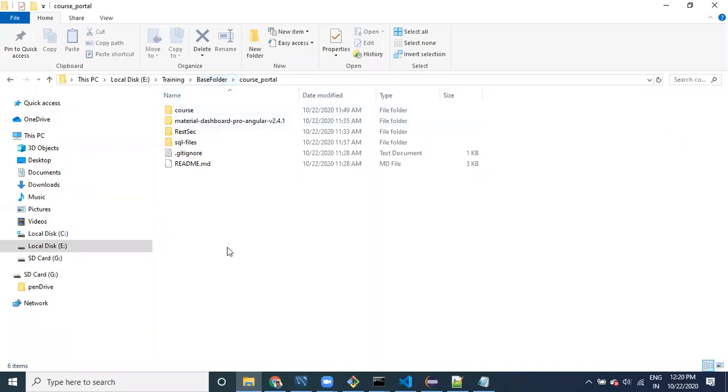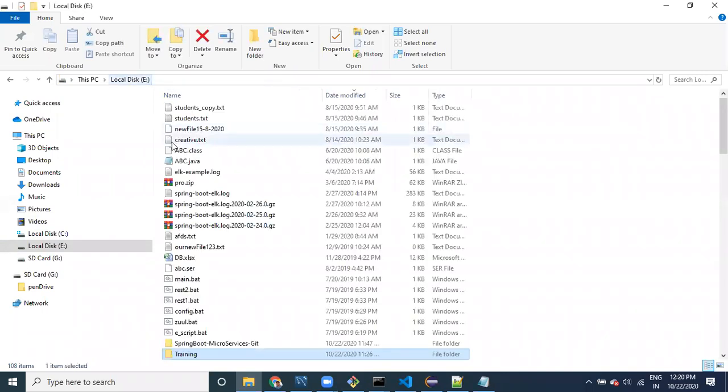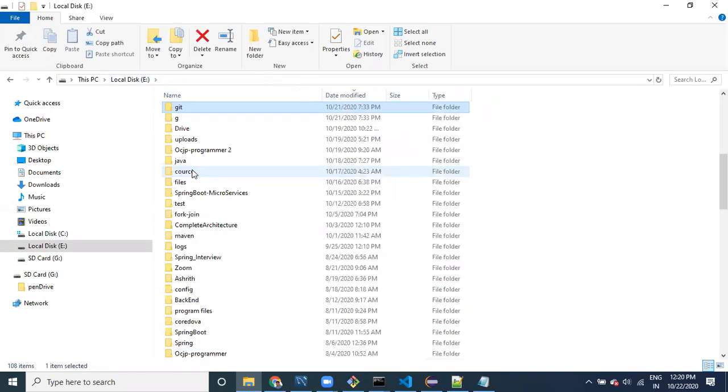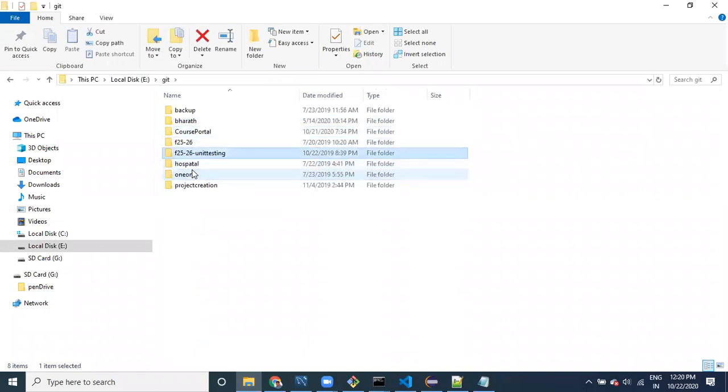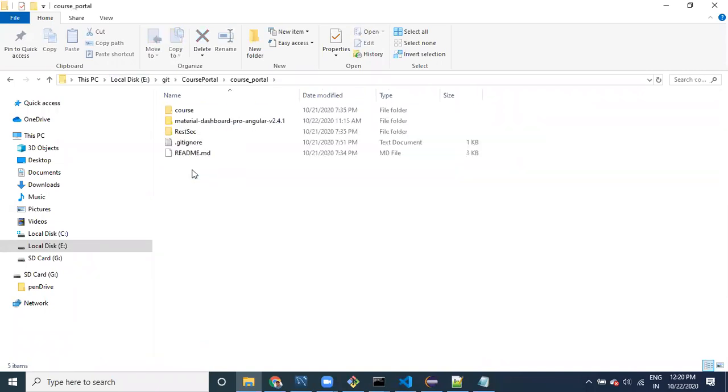One is the base folder repository, and we already have one repository available. In the E folder, in the Git, we have taken the codes portal. Here, this is the portal, right? Two separate repositories. Code is available in two places, and one place is accessed by one developer, another place by another developer.